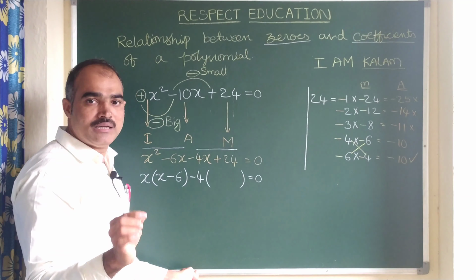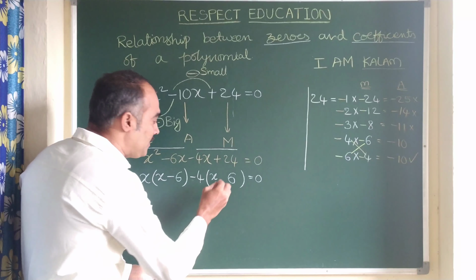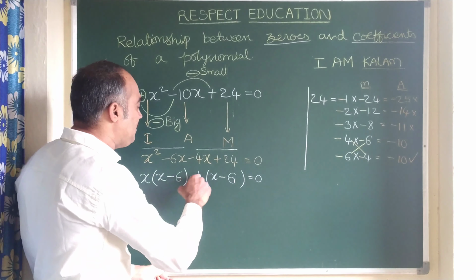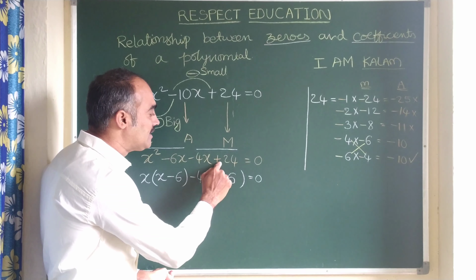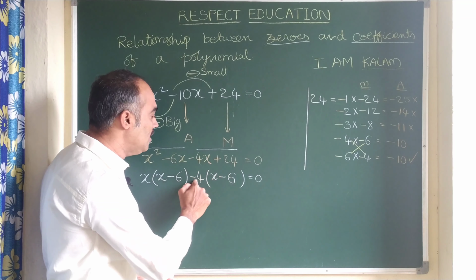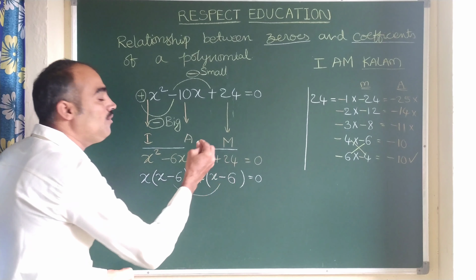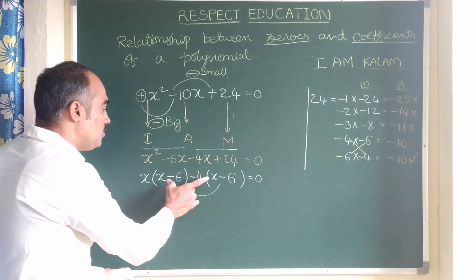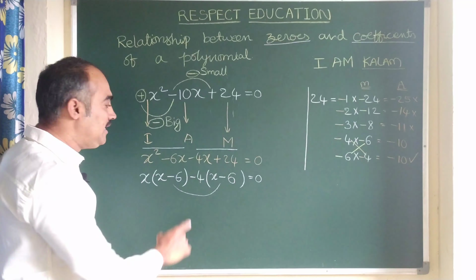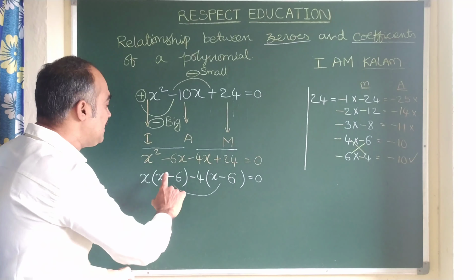It's not a problem, but the thing is whatever symbol here. What about the symbol? Here you see, minus into how much is plus? Minus. But some of the children may commit a mistake. They may write minus 4, right, but they will take x plus 6 here. That is wrong, children. So here, when you take minus, immediately you should change the symbol. Plus becomes minus. Then only minus into minus becomes plus. 4 6 are 24. And one more thing I will say. Here when you take common, children, these two will definitely coincide. If you select the perfect pairs, definitely these two will be equal. So that is one more clue.